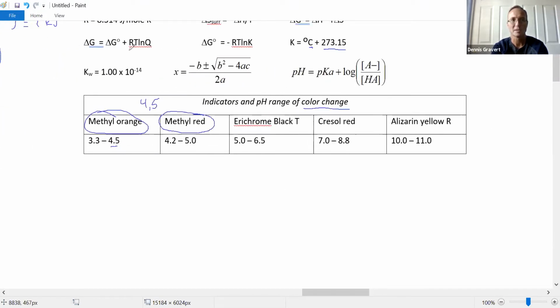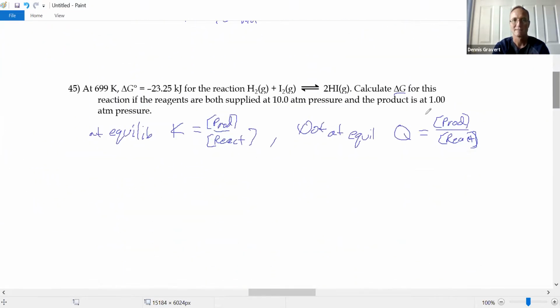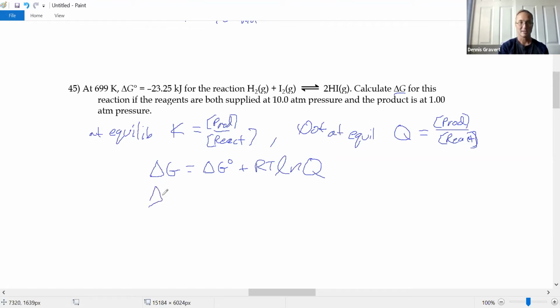Okay, so we want the Q, this equation with the, oh, and this is nice. It's got the regular G and the degree symbol on this G. Nice. Okay, so the regular G followed by degree symbol, plus RT ln of Q. All right, so you get points for correctly identifying that. It wants us to calculate this delta G, and then the standard free energy is a negative